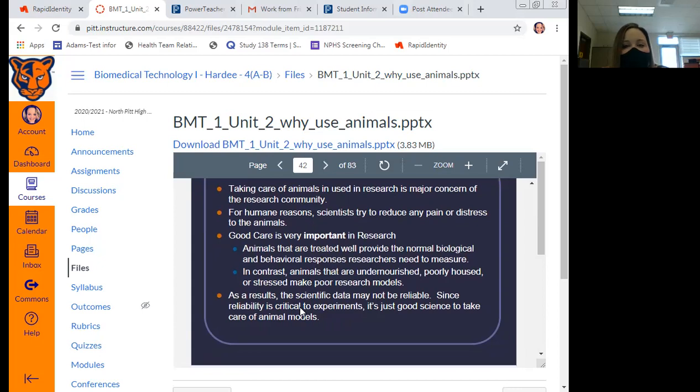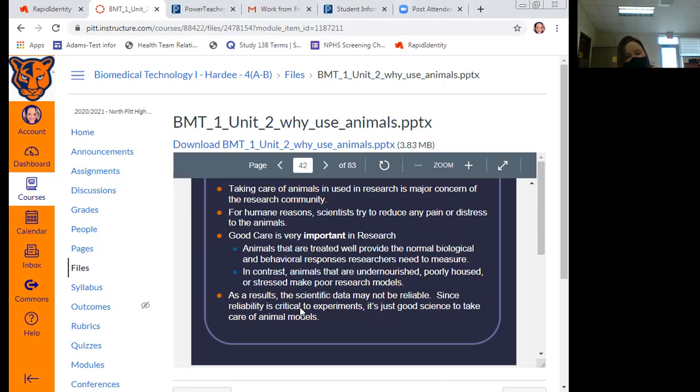One thing that we haven't really talked about yet is why we have to take care of these animals. A lot of people don't understand, what does it matter if an animal is scared to death when we're testing on them? Or what does it matter if the animal is in pain? Can that change your data? So I'm going to ask the guys in class, if an animal is in pain, do you think it can change or skew our data in any way? Let's say we're testing a new drug on this animal. If the animal is in pain, do you think it can mess with our results? They both say yes. Why?